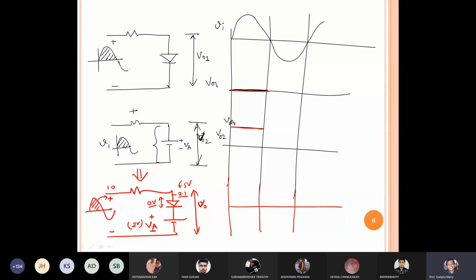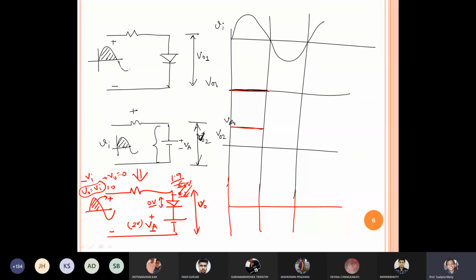Okay. Now suppose the voltage is 1.9 volt. In this case, this diode is in the off condition. So what will be the total voltage? Vi, because this is my minus Vi, it is my plus V naught, that is 0. So V naught equals Vi. So I will get whatever the input voltage is, I will get this input voltage as the output voltage. Agree? Yes, sir.